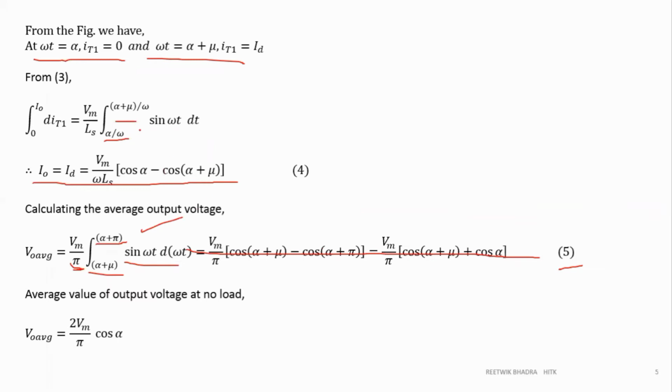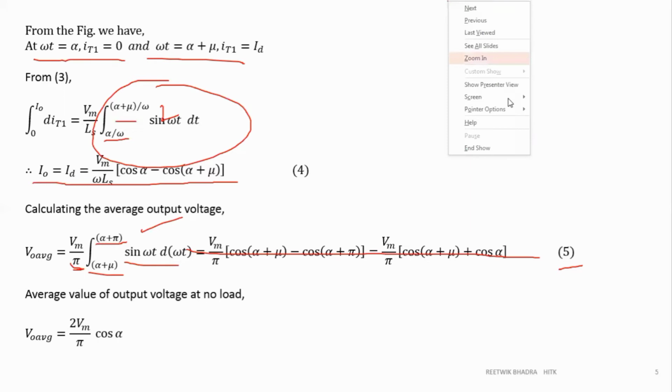You already know, because I told you to remember, in average value always you will get the integration of sine omega t. In RMS value always you will get the integration of sine square omega t. So the integral of sine omega t is minus cos omega t. Sine square omega t is equal to 1 minus cos 2 omega t by 2. It should be in your mind always, because everywhere you are getting this sine wave, in single phase, three phase, whatever you are seeing, we have to integrate either sine omega t or sine square omega t. So very important, please practice all these integrations.